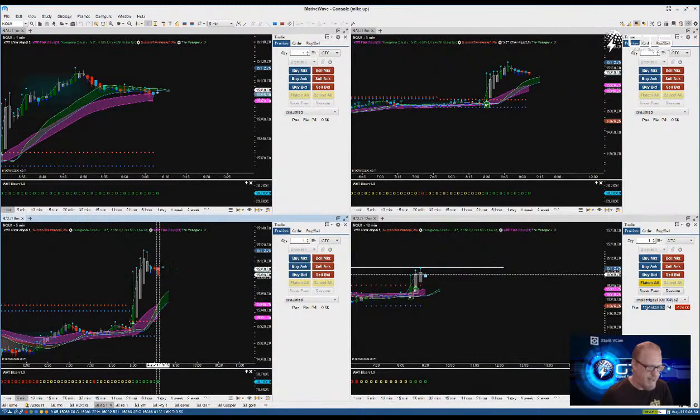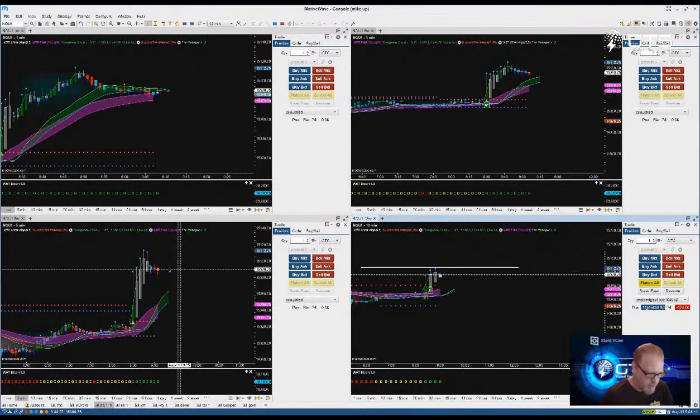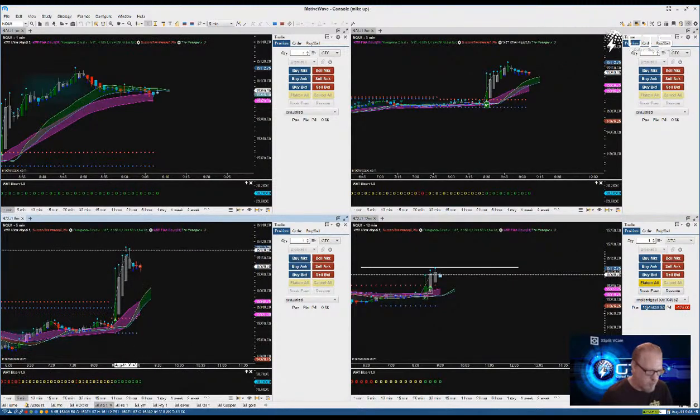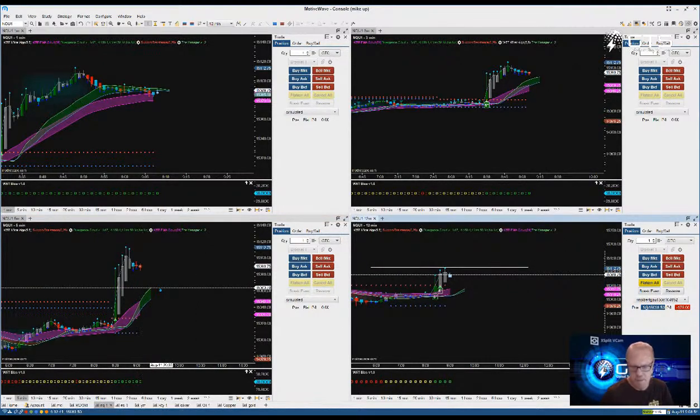If we get the pullback here, and it withstands the pullback and starts moving back forward, that's what we want to see. Right here we have the pullback, but it's inside of this candle instead of showing red candles, because it's a different time frame. Lower time frames will print these reds. Higher time frames will be inside the candle. But we're still holding, waiting for it to break.